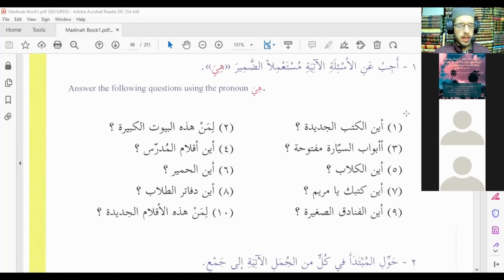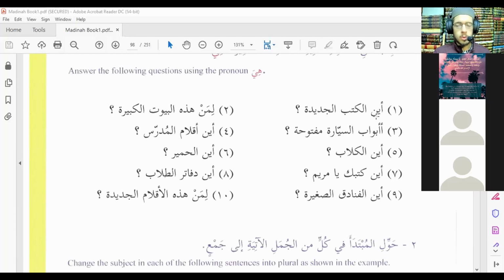But if you were to take pen to paper and answer these questions from what we did today, it would benefit you a great deal. أين الكتب الجديدة؟ Right, and then you have to try to respond and write the answer in Arabic using the proper singular feminine forms when necessary. لمن هذه البيوت الكبيرة؟